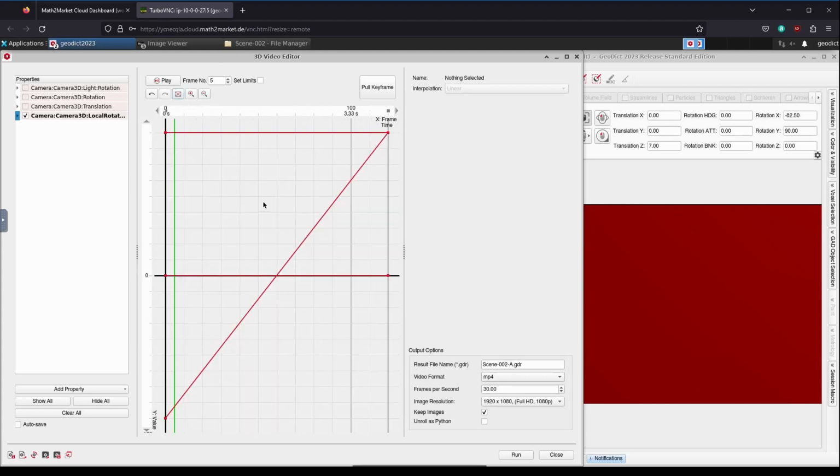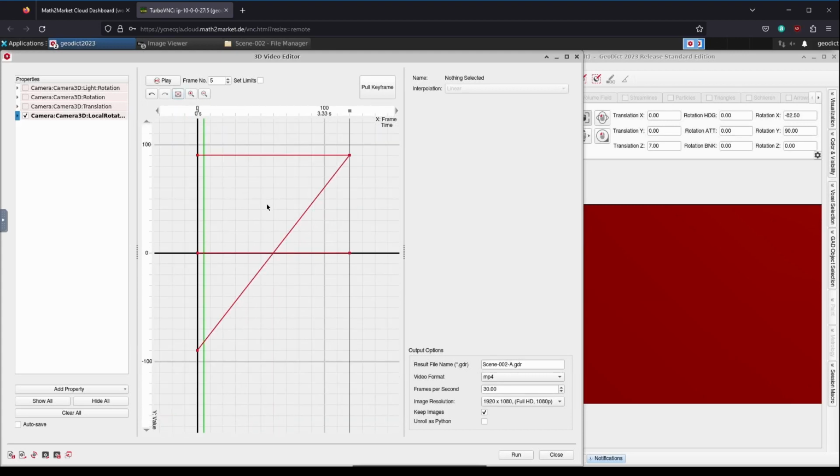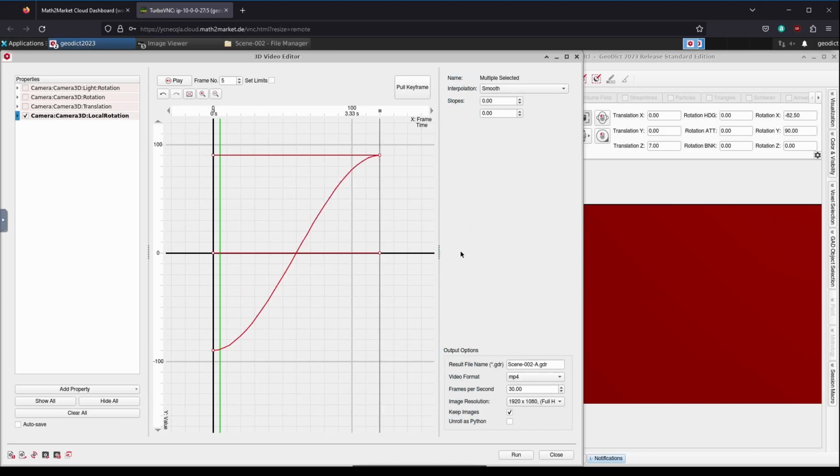Alright, let's add some dynamic movement to our animation by switching the interpolation for the x-axis to smooth. Go ahead and select all control points and change the interpolation from linear to smooth. You will notice that the curves have changed and the values before and after the control points now smoothly merge into each other. Also notice the two slopes fields that have been added below the interpolation field. Now, using the slopes value, we are going to adjust the rotation so that it slows down a bit towards the center. This will give our audience a better view of the structure in the middle.